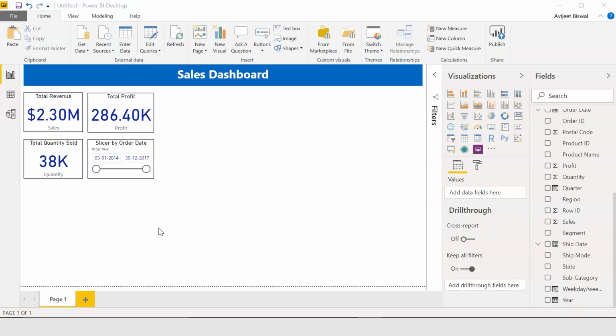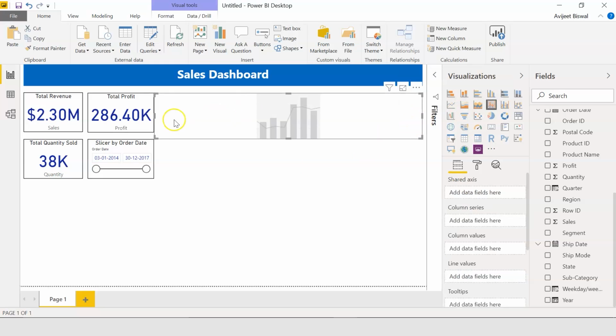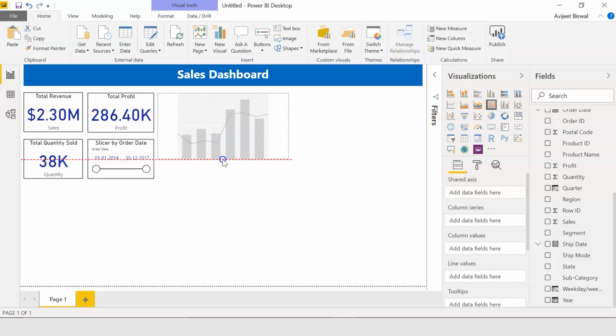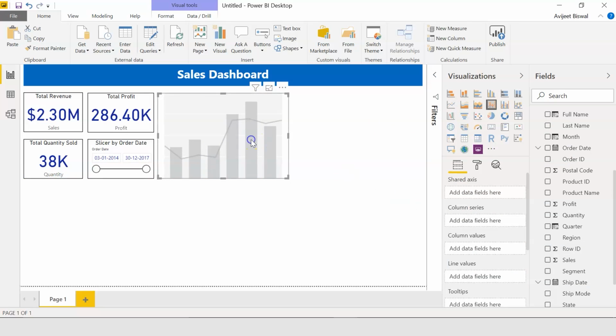Now let's create a line and stacked column chart to visualize sales and profit by each year, each month and each quarter. From the Visualizations tab, let me select Line and Stacked Column Chart. I'll resize this. After that, let me add the order date column onto the shared axis.